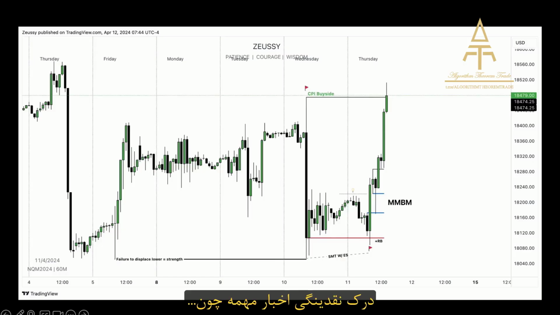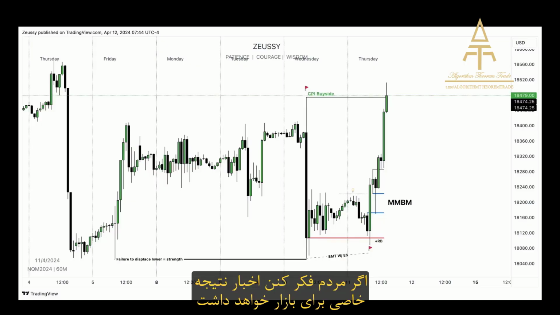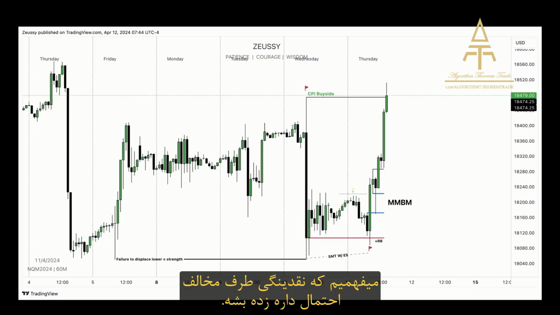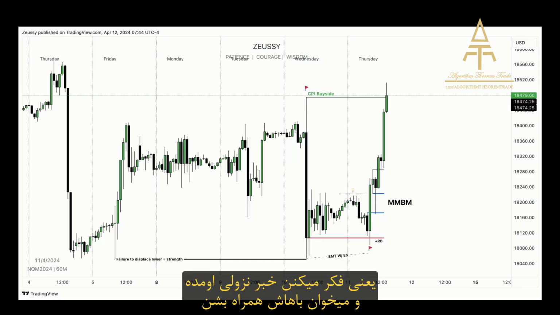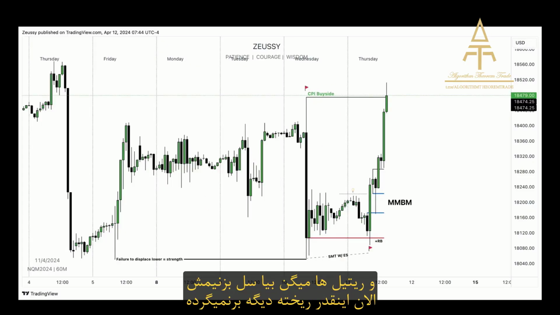And the reason why that's significant, the understanding of that news liquidity, is the following. If the masses interpret the outcome of a specific news event as negative or positive, we know that the liquidity of the opposing side is likely being engineered right now. Meaning, if the outcome of the news was bearish and we see the market expand aggressively lower, every single retail-minded trader will look at that and think, you know what, let's just go short.